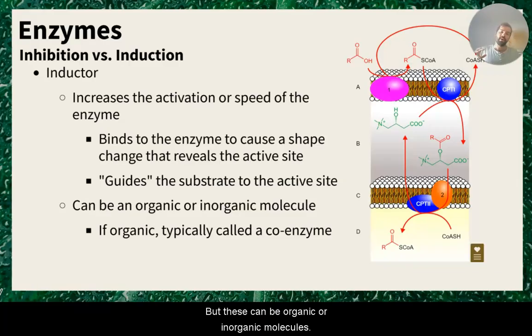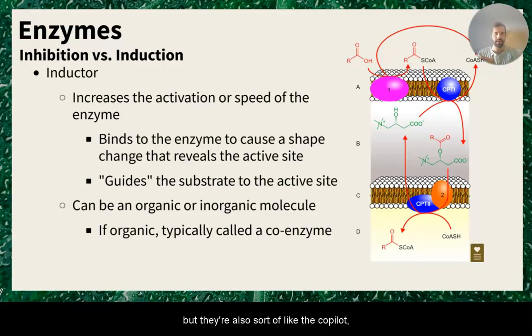These can be organic or inorganic molecules, so they could just be ions interacting with the protein. They could be organic, other enzymes, other biomolecules. If they are an organic molecule, we refer to them as a coenzyme. They're not the enzyme itself, but they're like the co-pilot. They're necessary for it to operate. But again, they do this by binding with the enzyme to change the shape, reveal the active site,